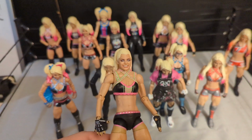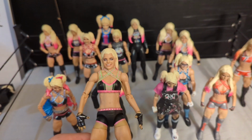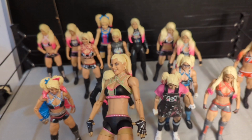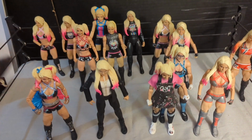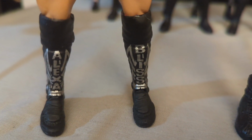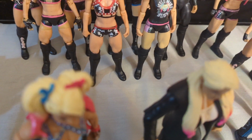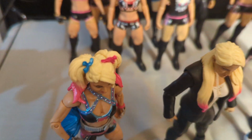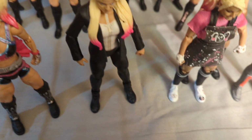This was a pretty decent Alexa Bliss. I just wasn't a fan of the head sculpt on this. I didn't think it was terrific or anything. But I mean, another fun Alexa Bliss, just not my personal favorite. I also miss when she had the Alexa Bliss on her boots. Those were just cool. And then a lot of these figures just have the black boots. Now we got some where she still has the Alexa Bliss on the boots, which is cool, but